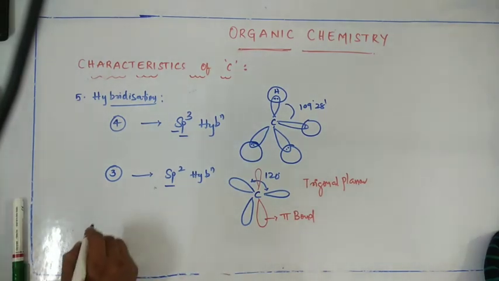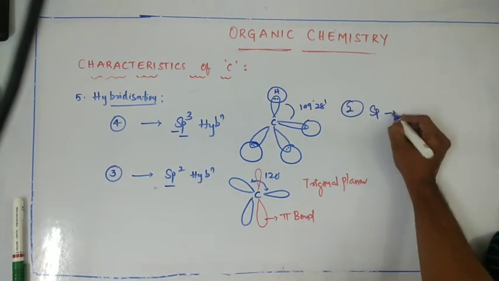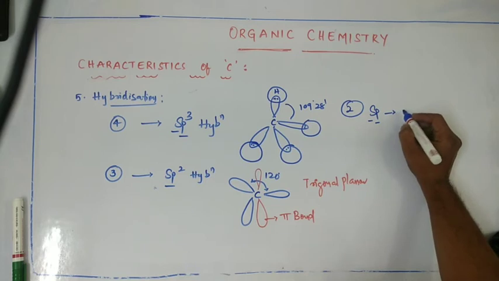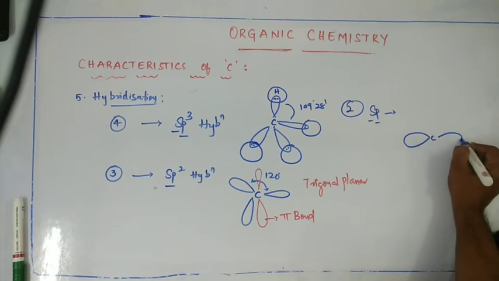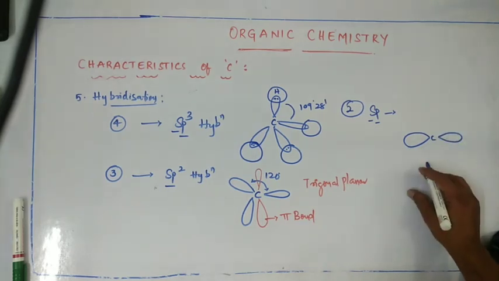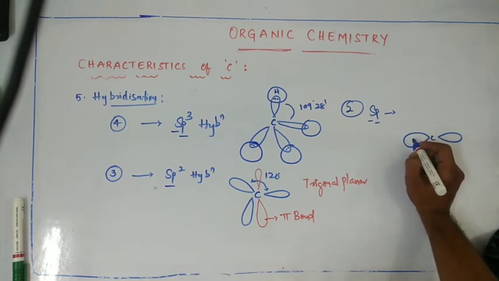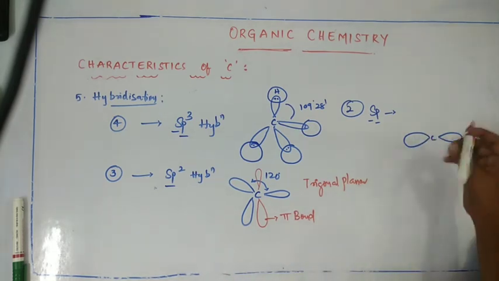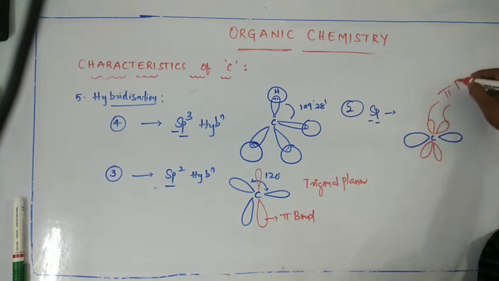Next, whenever carbon wants to form bonds with two atoms, it uses sp hybridization. In this, one s orbital and one p orbital are intermixed and give two sp hybrid orbitals. These sp hybrid orbitals are arranged linearly and are involved in the formation of bonds with the other atoms. There are two more orbitals, the unhybridized py and unhybridized pz orbitals, which are involved in the formation of pi bonds.